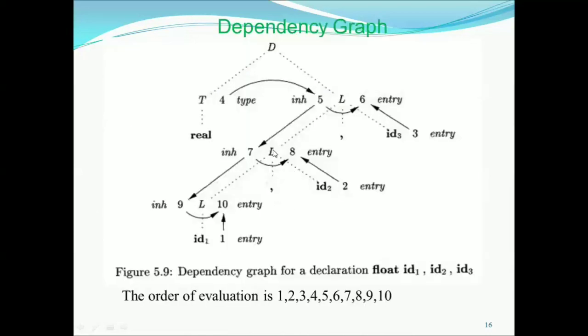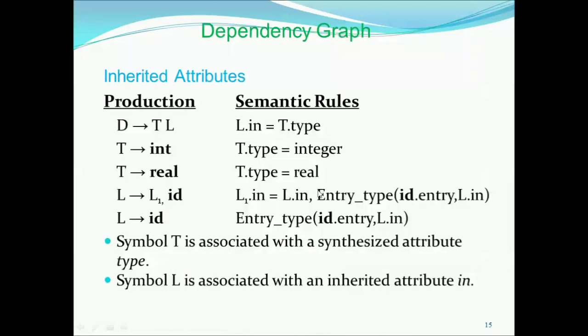It means that this becomes my L1, this becomes my L. See, both are one and the same. Only to separate this one from this one, we show that L1 dot inherited is equal to L dot inherited. So the semantic rule is L1 dot inherited is equal to L dot inherited. There is one more rule we write in this particular node. So we have written the rule for this, and this, and this is a simple one.